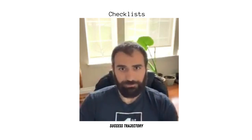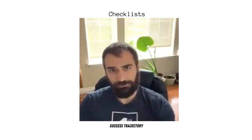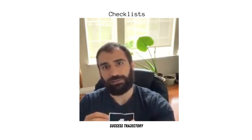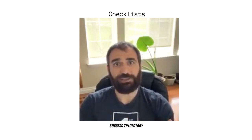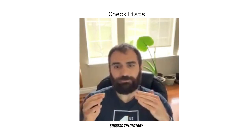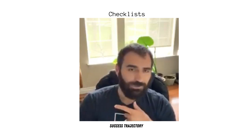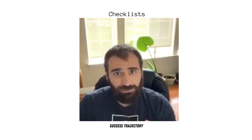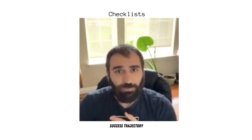So at a property management company, we have a move-in checklist and a move-out checklist. For the move-in checklist, for example, we have the tenant move-in checklist, and then we have a checklist for the landlord. Why we have a checklist for the tenant is, when you get a new tenant, they need to provide all these things before they move in, right? From filling in the application to rental insurance, to a certified check for the first payment along with the security deposit, if you require it, whatever you require,